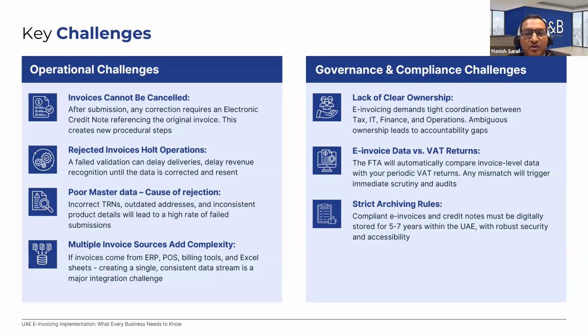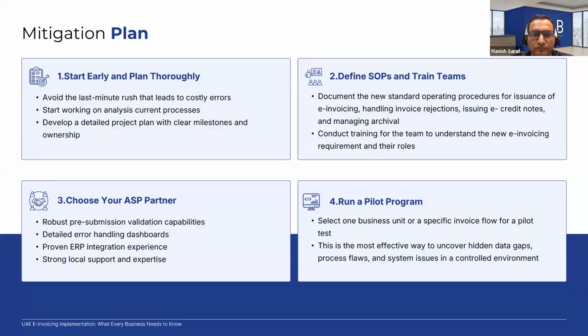And also, as I mentioned about reconciliation, a portion of the data is coming through invoicing and a portion is outside the invoicing structure, but those are still vatable transactions, right? Which get reported in your VAT return. So that reconciliation through the system has to be looked into. And also in terms of archiving this data, I know that it has to be archived for 5 to 7 years, so you need to see what kind of robust archival system you are able to build in. So overall, given the current challenges I mentioned, we need to start early.